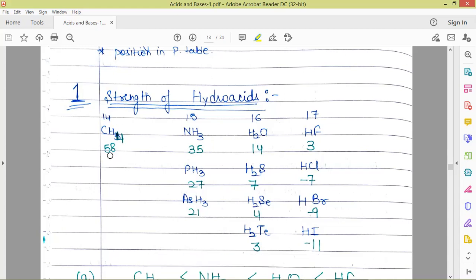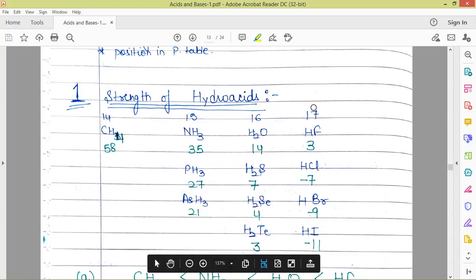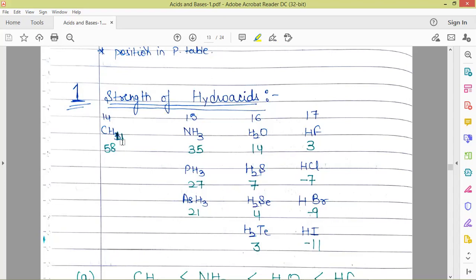So here is group 14, group 15, group 16, and group 17. Here in the green color, we have the pKa values for all the acids. If these are behaving as acids, methane has the maximum pKa value. That means it is the weakest acid, and HF, if we go along the period, has